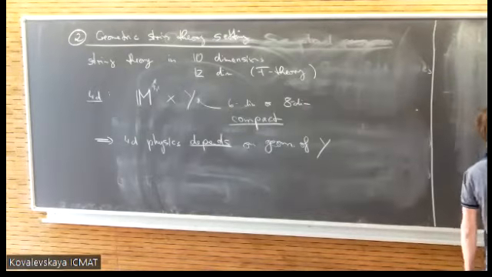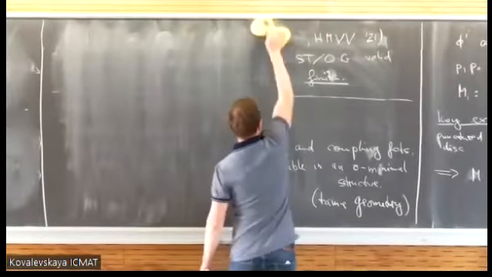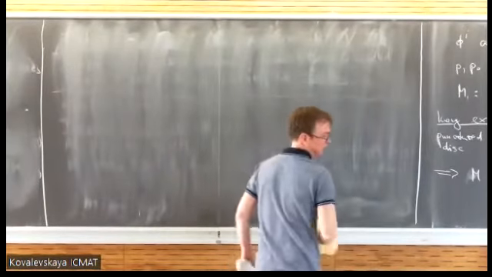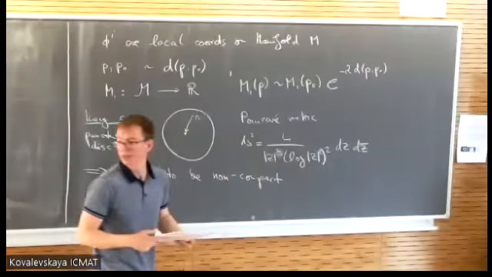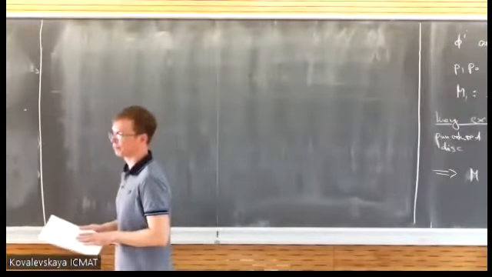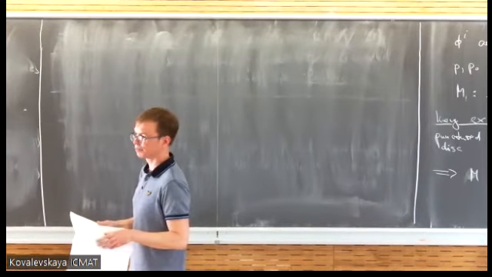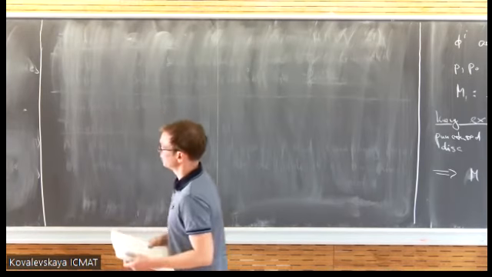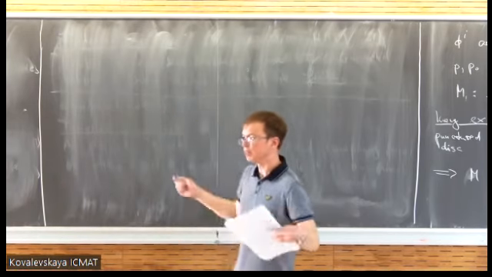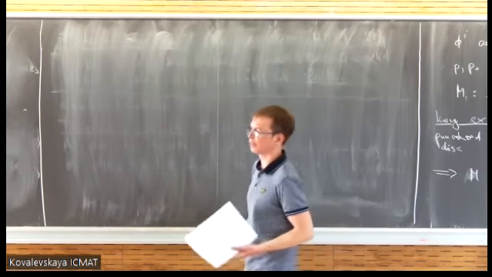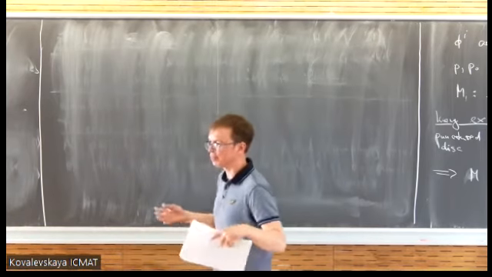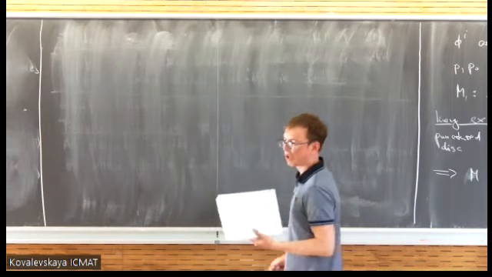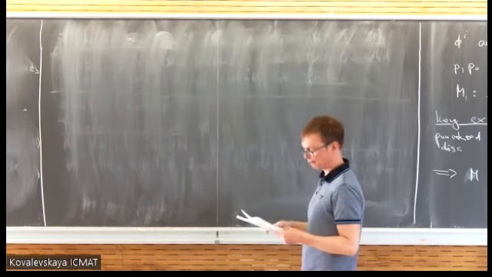Very good. So now, how does this work in a more precise way? And now I have to skip quite a few details, and you have to believe. So when you say that this has to be compact because of gravity, do you mean that it has to be compact in order to ensure something like the inverse square law at large distances? Right. Yes. In 4 dimensions. So in 10 dimensions, it holds these kinds of laws. Of course, it's not the same law then, but it holds. But if you want to pull this to 4 dimensions, it has to be. But this is the thing that you mean, right? That's what I mean. Yes.